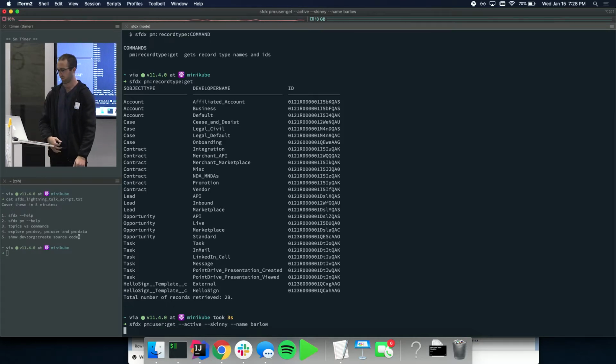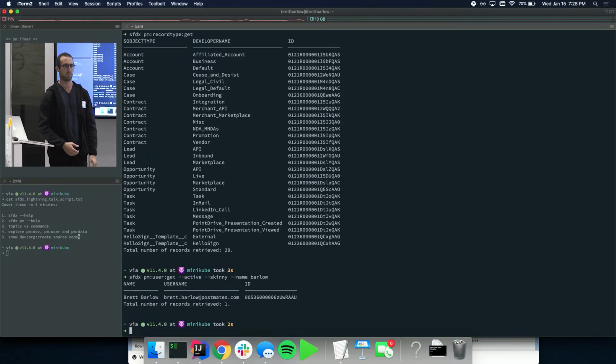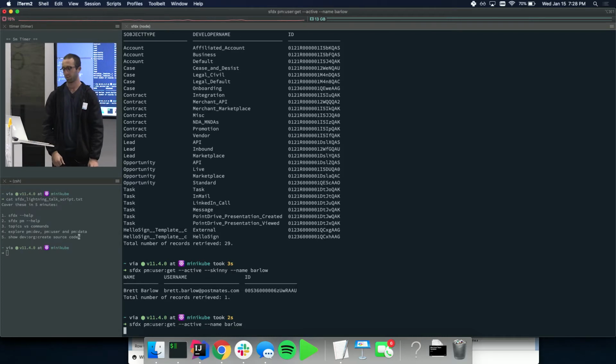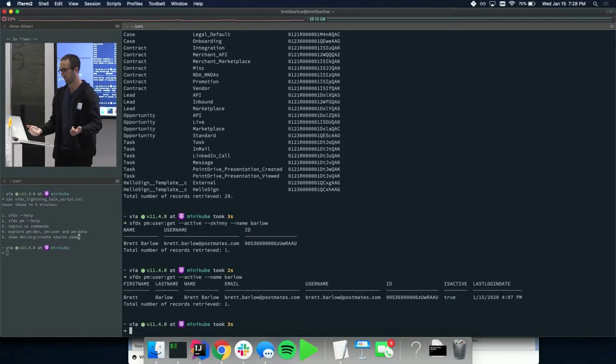that accepts a bunch of different parameters. I can run user get with part of a name, or a role, or a profile, or whether they're active or not, and get their info tossed out here to the command line. I added this skinny flag so that it only shows a few fields if I need it. If I pull that off, it gets me all kinds of stuff, even last login date and email and whatnot. And I can also,